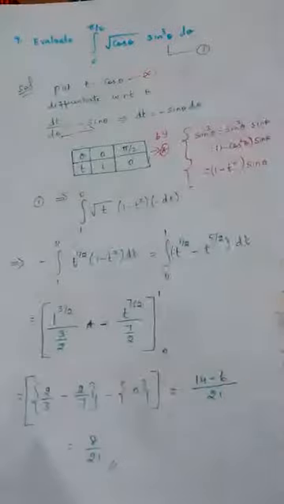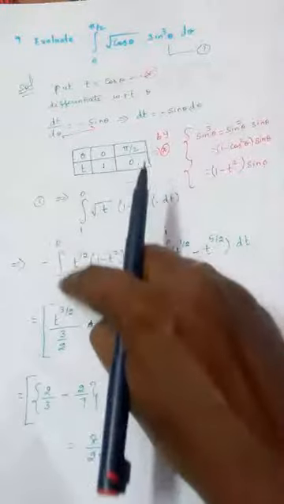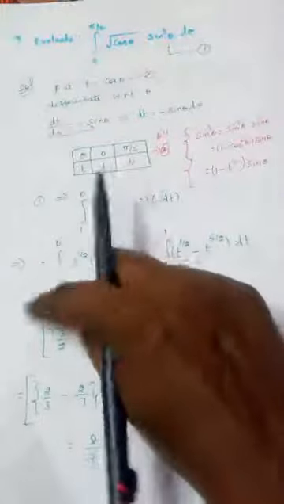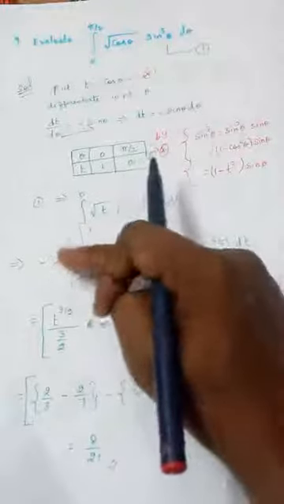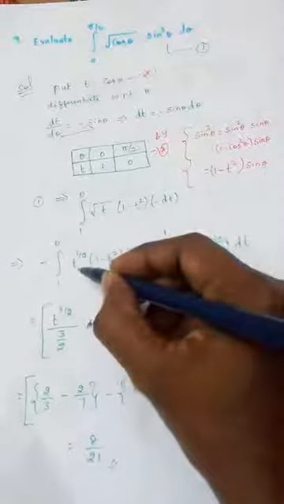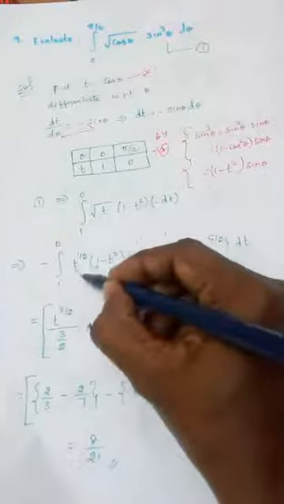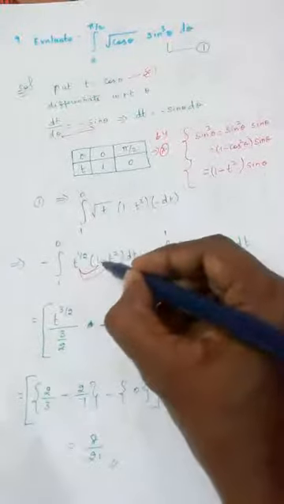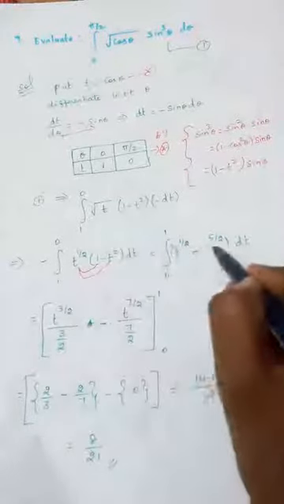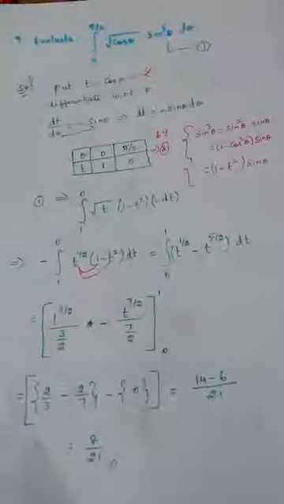In the next step, I am going to interchange the limits to 0 to 1, so that this minus will go. Because of this minus, we are interchanging the limits and writing 0 to 1, at the same time multiplying this and this. So t power 1 by 2 into 1 is t power 1 by 2, and t power 1 by 2 into t square is t power 5 by 2, dt.